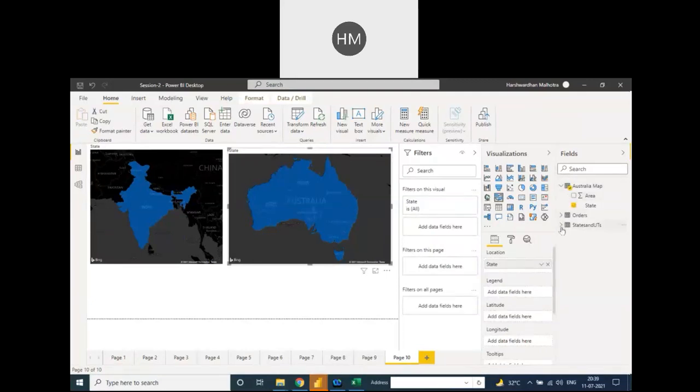What happens if we add data directly without using enter data? Nothing happens, because if we put it in Excel, we need to refresh and check again in the sheet, and the data is collected in the area. That is why we need to enter it manually. Yes, right, that is the reason. So here the chart for India and Australia is covered on this area.